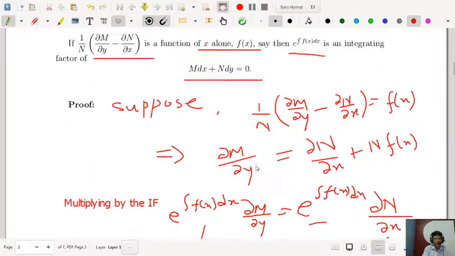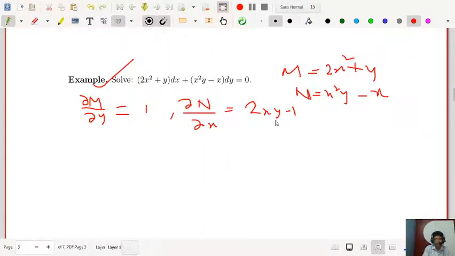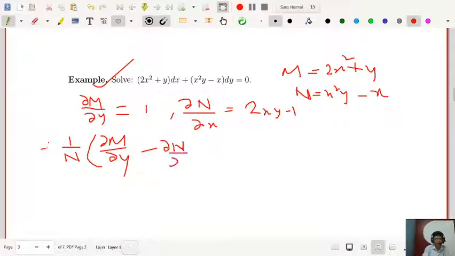Now you can apply the formula, ∂M/∂y − ∂N/∂x, that will be simply 2xy. And what is your N? Let us apply 1/N (∂M/∂y − ∂N/∂x). Let us first calculate whether it is a function of x alone or not. So it will be 1 minus 2xy plus 1, because minus minus plus, divided by